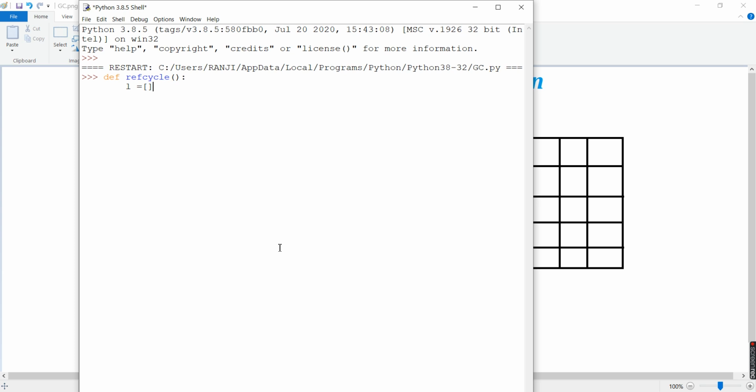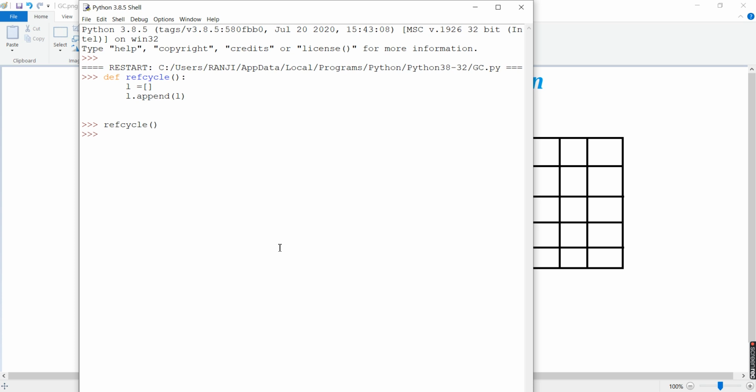Now I'll append L to itself: L.append(L). Is this valid? We are creating a list and appending that list to itself. Yes, it is perfectly valid. There is no issue in that. And if we call ref cycle, it basically returns nothing.